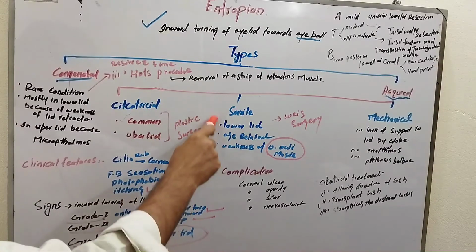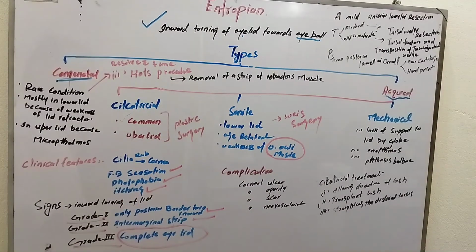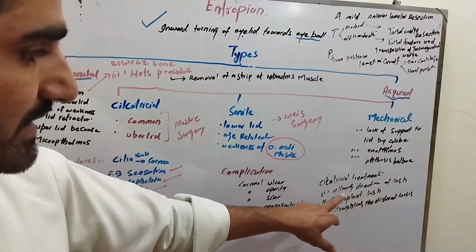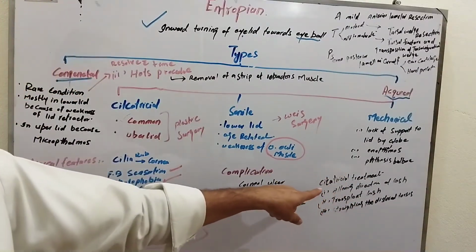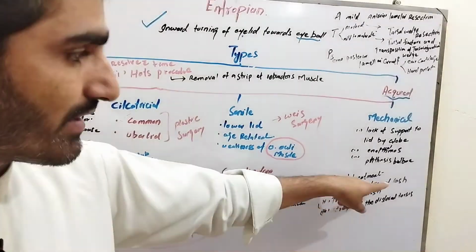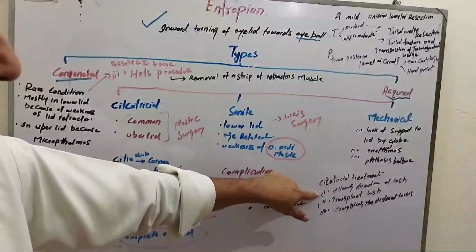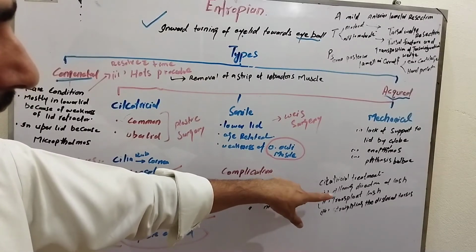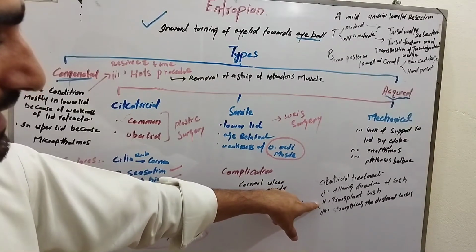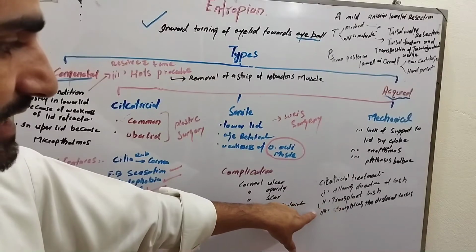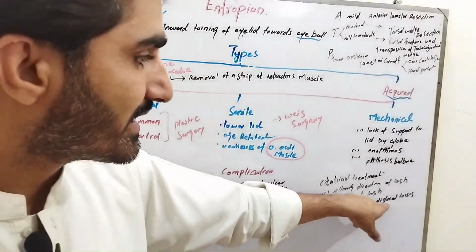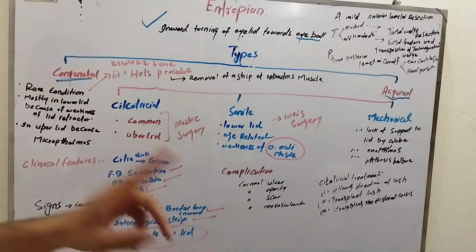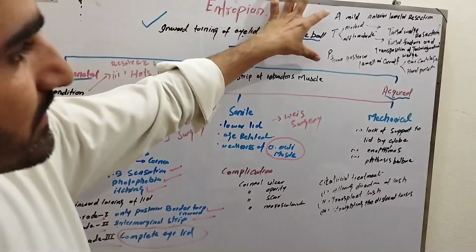Now I am going to explain the cicatricial entropion. Here we will do plastic surgery. Cicatricial treatment includes 3 steps. First one is altering the direction of eyelashes: we will change the direction of eyelashes away from the globe. Number 2, we will transplant the eyelashes. Number 3, straightening the distorted tarsus. I will explain this treatment in further 3 steps.